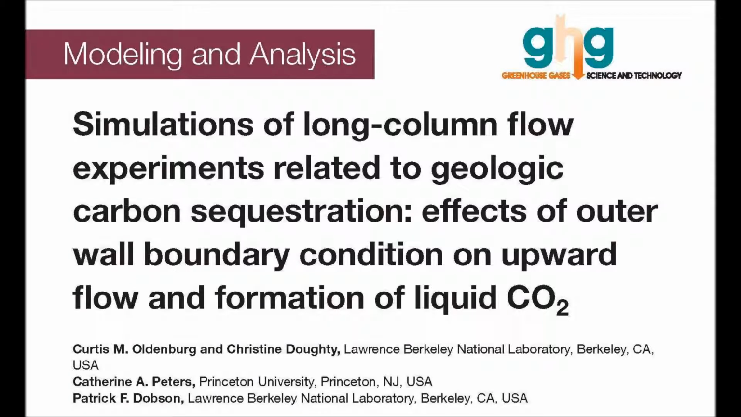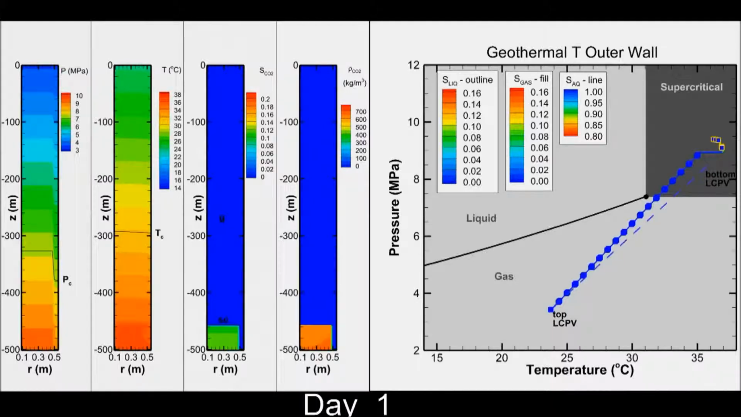In this video, we will simulate the upward flow of CO2 in a long column with a sidewall that is kept at a constant temperature at each level equal to the geothermal gradient. In the numerical experiment, we used Tuff2 ECO2M to simulate the upward rise of CO2 in a sand-filled long column